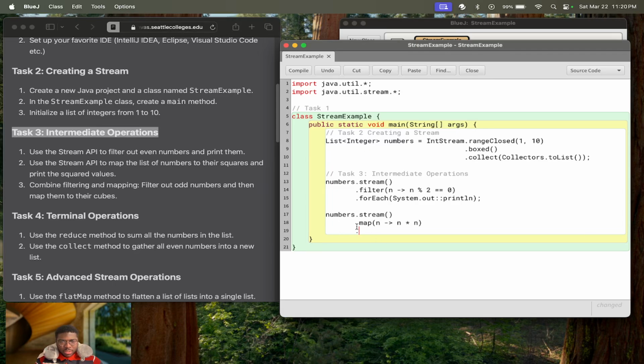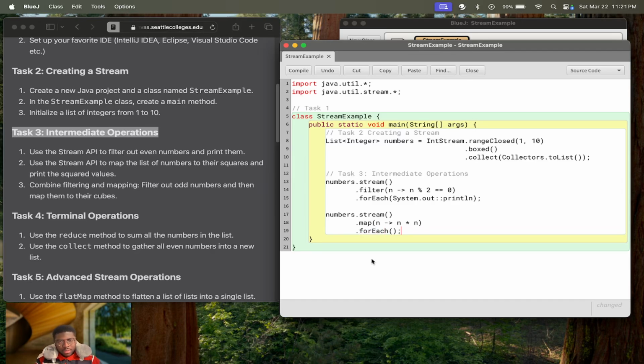As long as it reads out to the end of the line, it knows this belongs to this line here. In streams, this is a good way to build out the syntax because it really gets long. But anyways, let's say forEach,